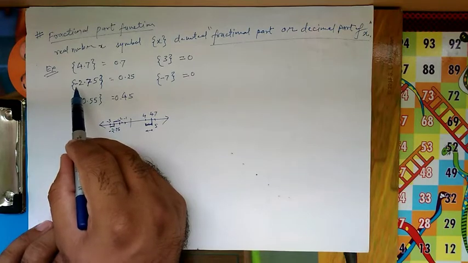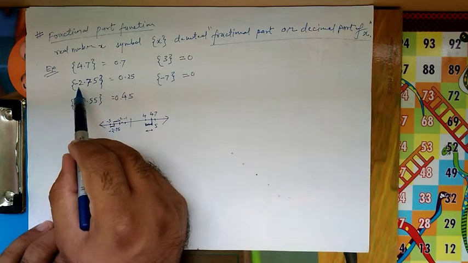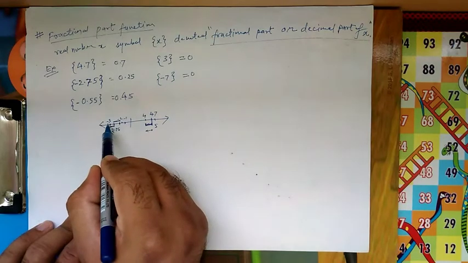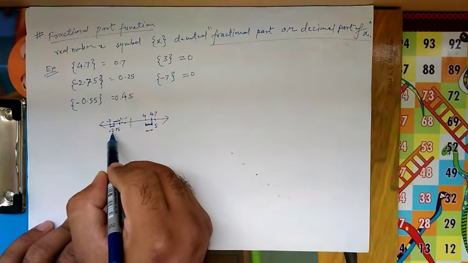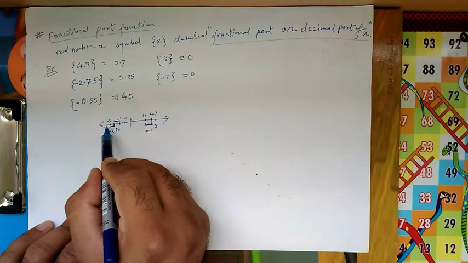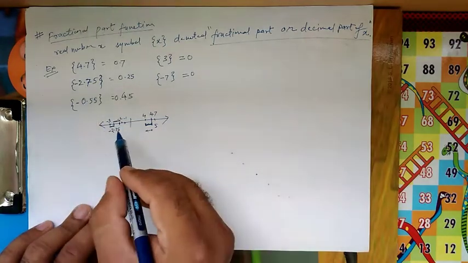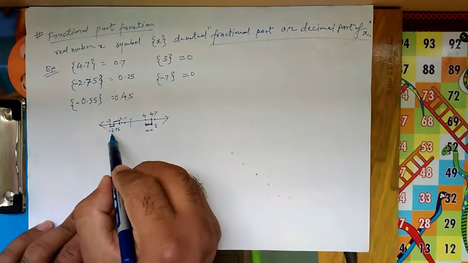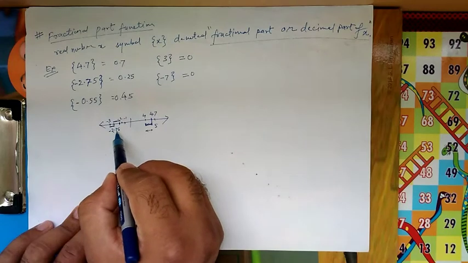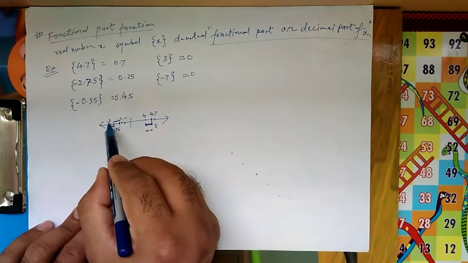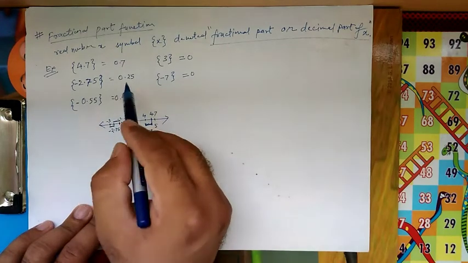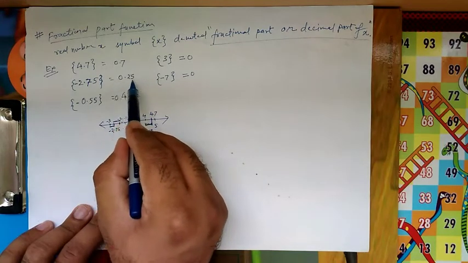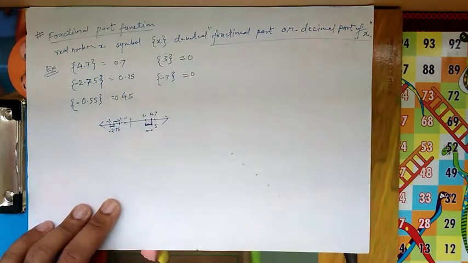make it to the next integer, that is -2 to -3, and while going from -2 to -3, the remaining portion, or I must say if you are going through -2.75 from this point to -3, then you are going to travel this 0.25. So this will be your answer.